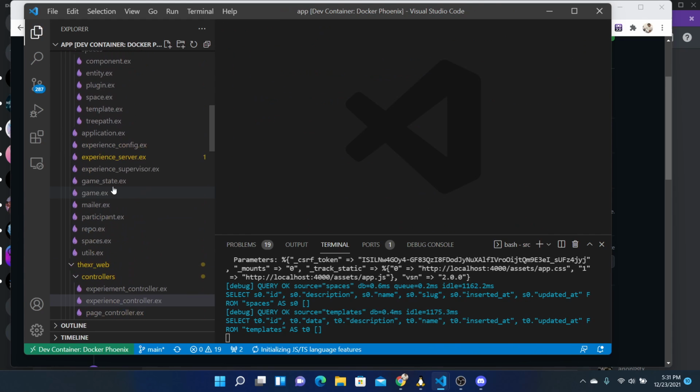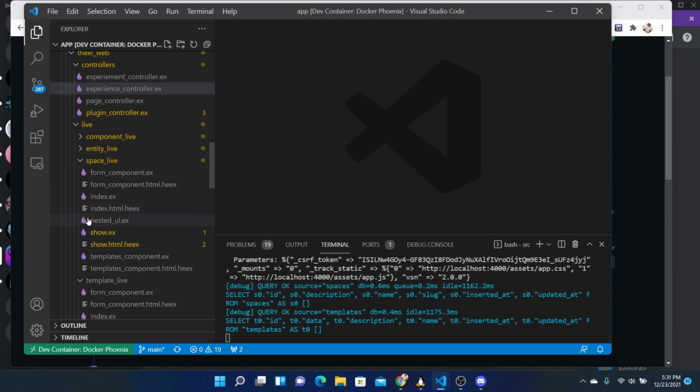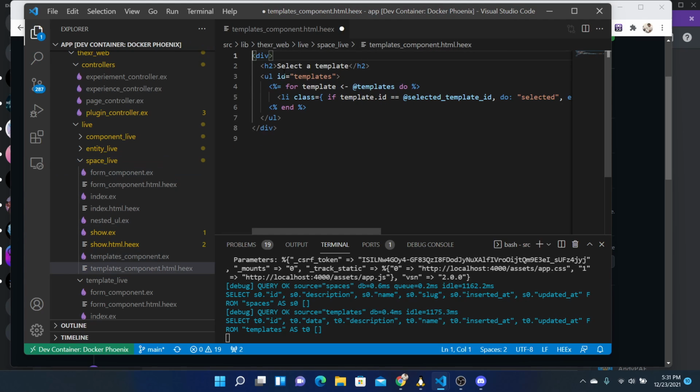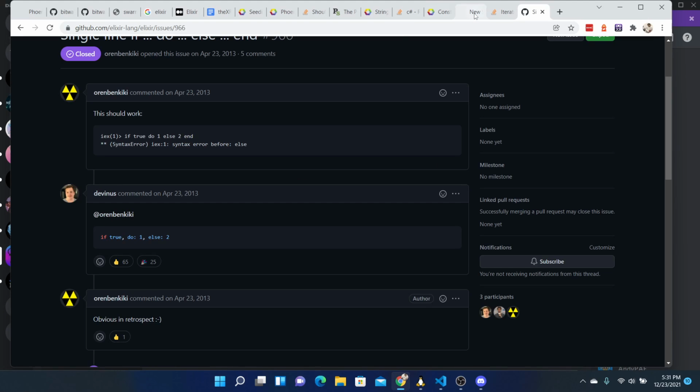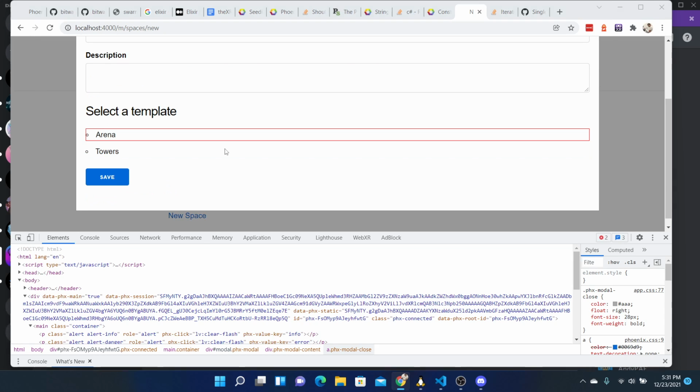Okay, going to the live stuff. Here we go. This can only have one parent element in there. So I wasn't able to put the styles above here, so that's why I put it into the app.css. And now if we play with this, if we click on here, we do get a selected